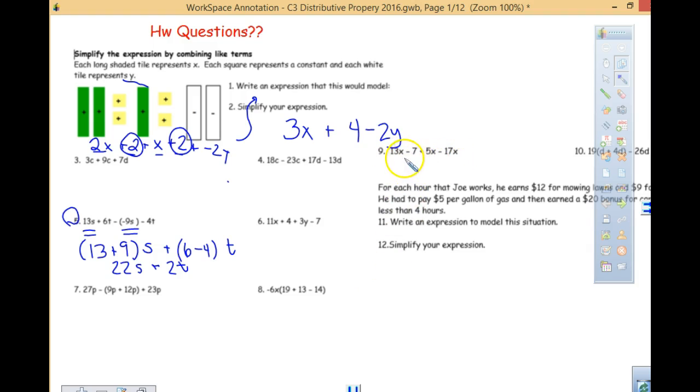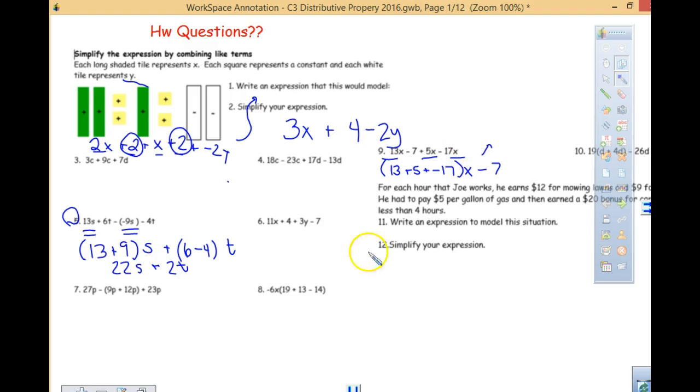Number 9 says 13x minus 7 plus 5x minus 17x. These are my 3 like terms, which means I'm taking 13 plus 5, and maybe plus a negative 17 might be better for some of you to think of that subtraction that way. And then we have a minus 7. So when I look at my answer for number 9, I should have had